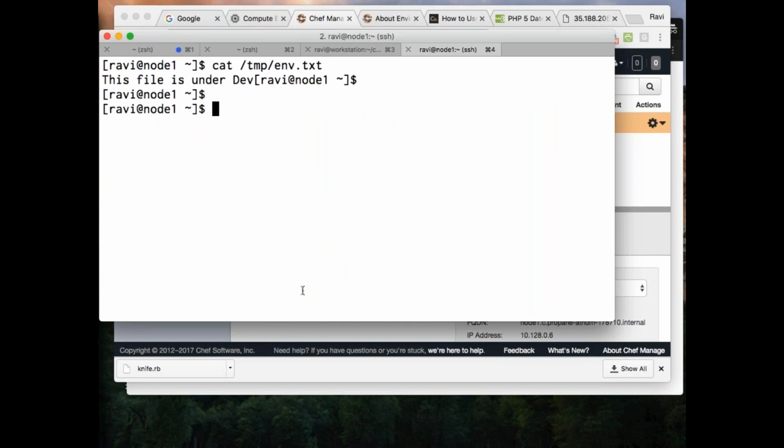This will show that the file is particularly under development. Now if you want one more particular environment, what you need to do? You can simply create one more environment called something like qa.rb there and say the new version of code.